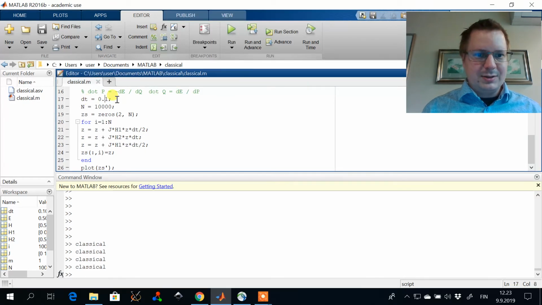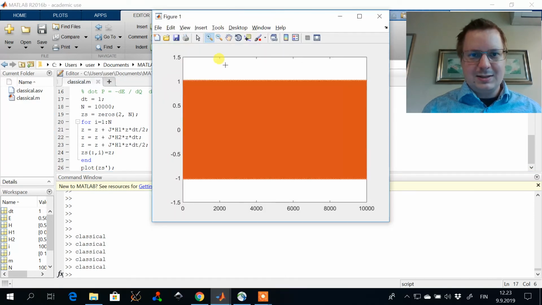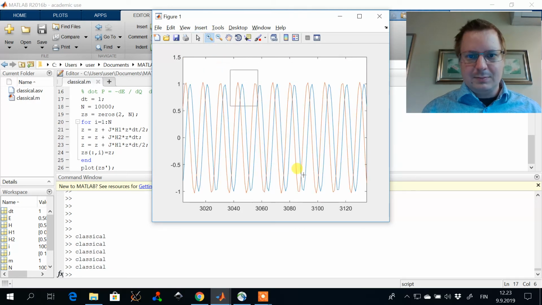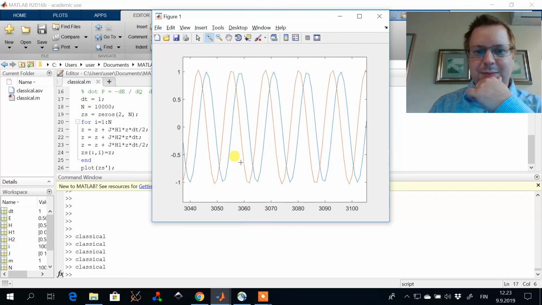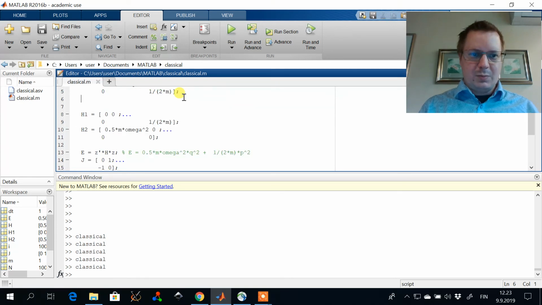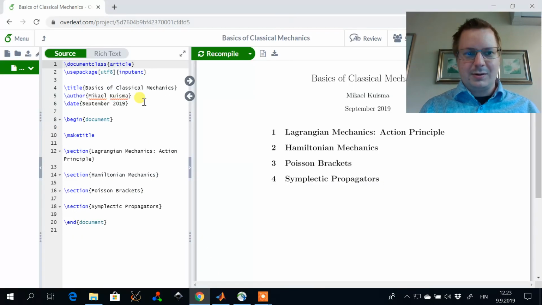And let's just increase the time step even more. And you can see that it's still stable. So it's stable even when there's just few steps in the full oscillation of the harmonic oscillator. So this is a symplectic propagator. It's some sort of Verlet propagator. And that's what we are gonna find out